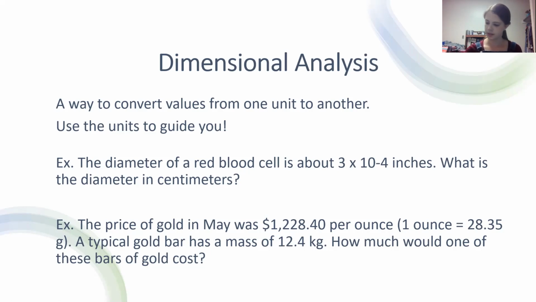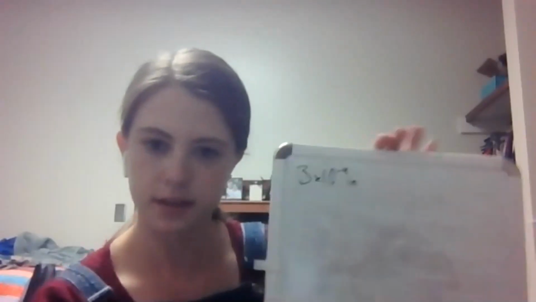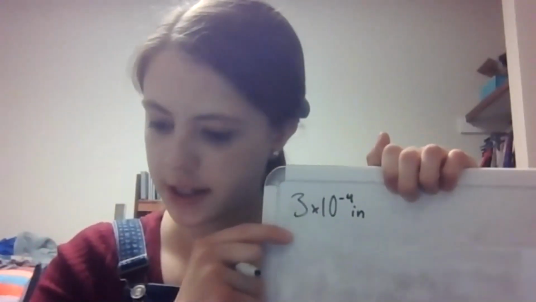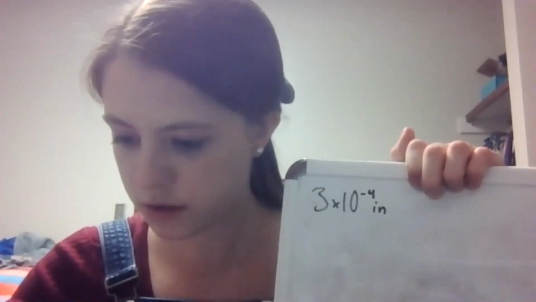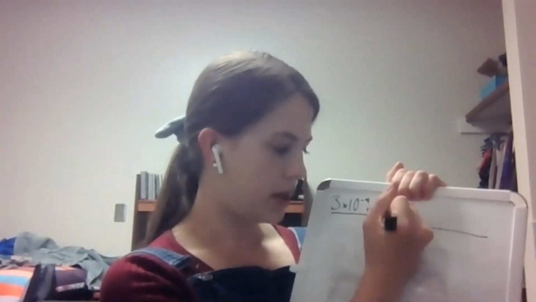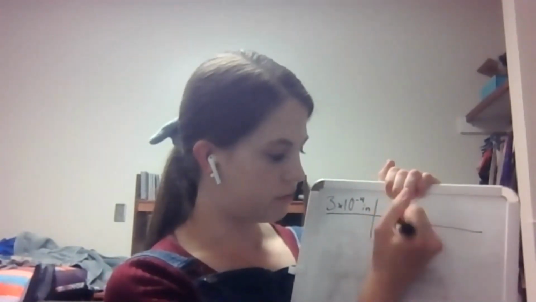So we are going to use some conversion factors to help us figure this out. Okay, so here's our diameter in inches, and we want to find it in centimeters. So 1 inch equals 2.54 centimeters, and that's our conversion factor. So you can draw a line. This is how I like to do it. And you always want the units to cancel out diagonally. So 1 inch will go down here because those will cancel out. And 2